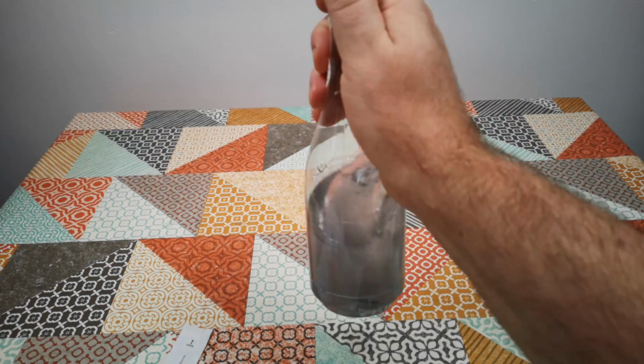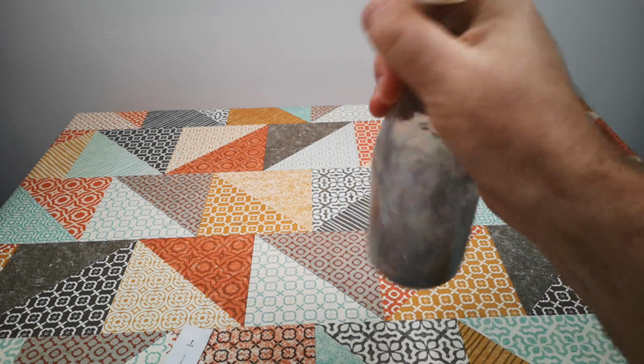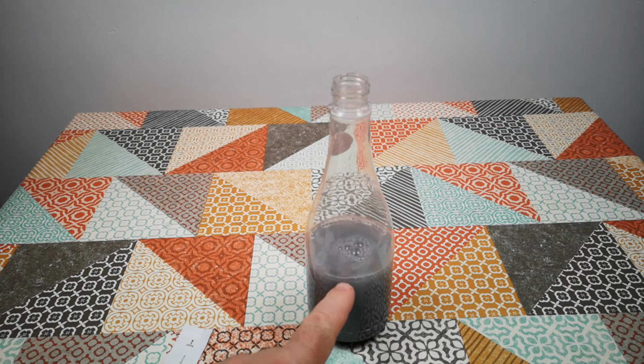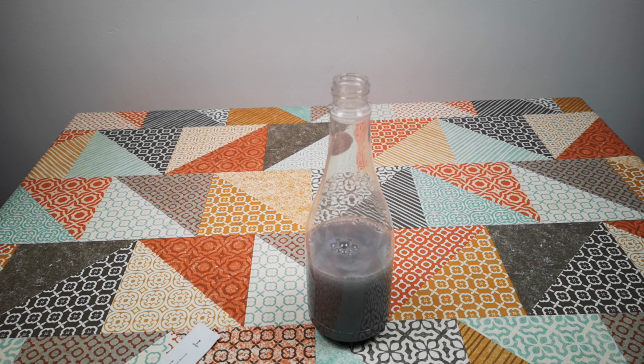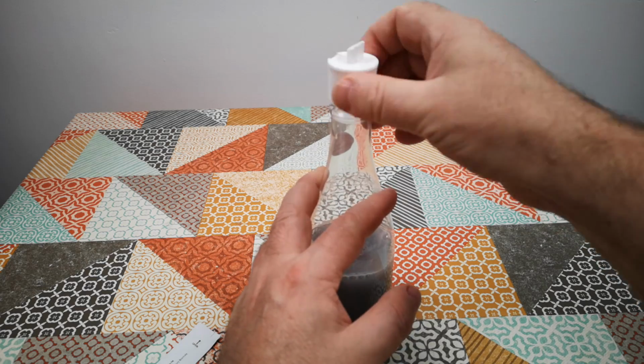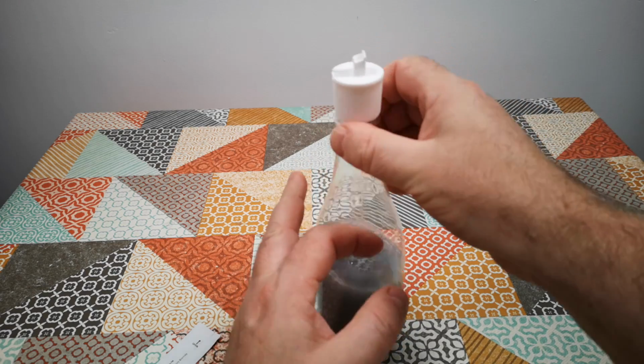We place the yellow cap and we shake for 5 seconds. Now we uncap and we can see hydrogen gas being produced. So this is why we have to do this in a well ventilated area. And now we recap with the white nozzle cap, because what we'll do now